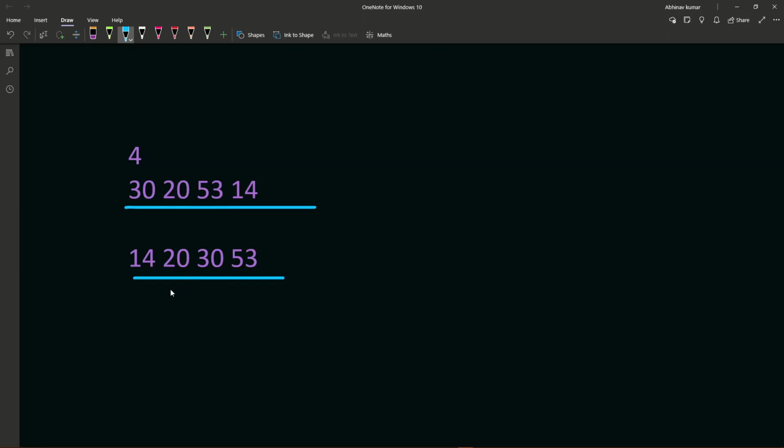Then what we can just do is multiply 14 by the numbers after it. For example, suppose 14, and how many numbers are after 14? 1, 2 and 3, and we are going to add 14 as well. So it is going to be 1, 2, 3 plus 1, which is 4. So we multiply it by 4, which is going to be 56.